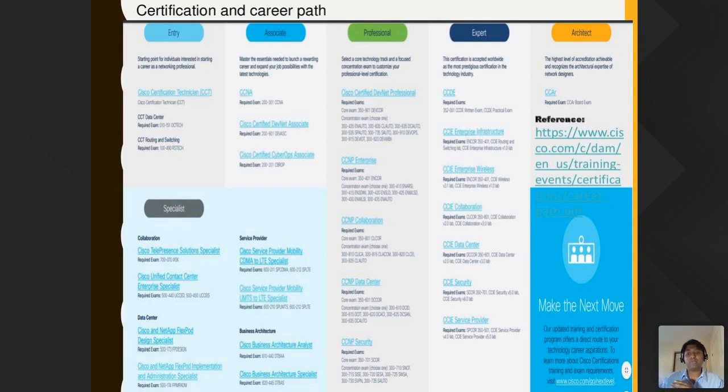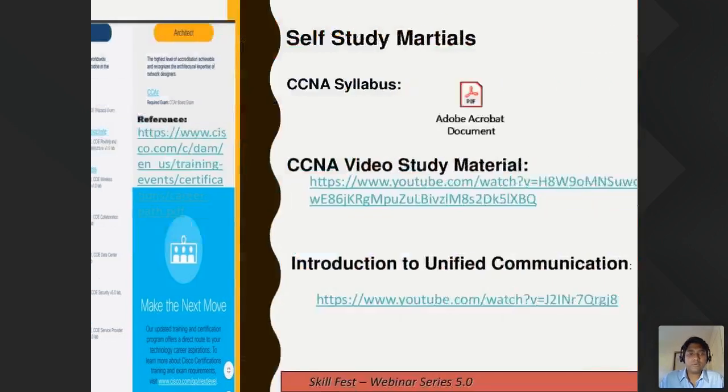You can gradually improve. Most of my friends who go up to professional and then to expert, after they become professional, they become a team lead or team manager. They get into management. They quit technical. For some reason, I decided to stay in the technical line, so I completed CCIE. But after 5, 6, 7 years of experience, they possibly move to another domain, which is management.